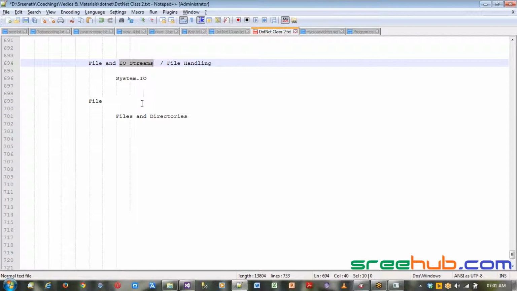This will enable us to do content management of files, where you can write something, read something, append something. So with this